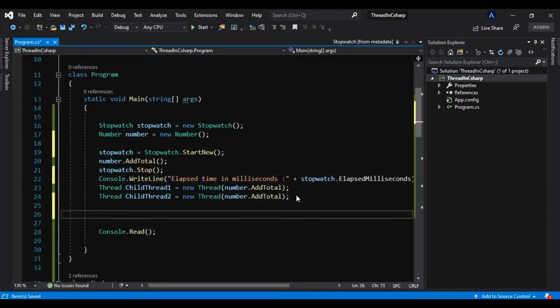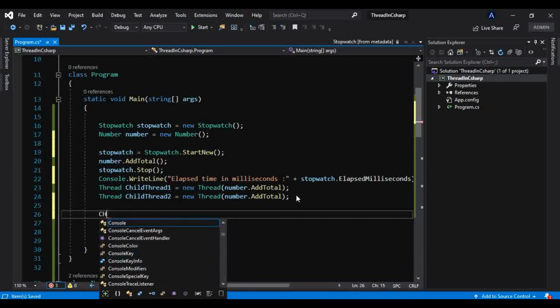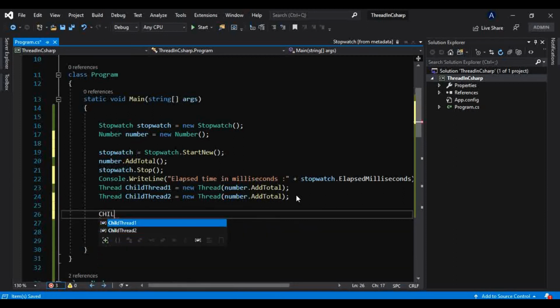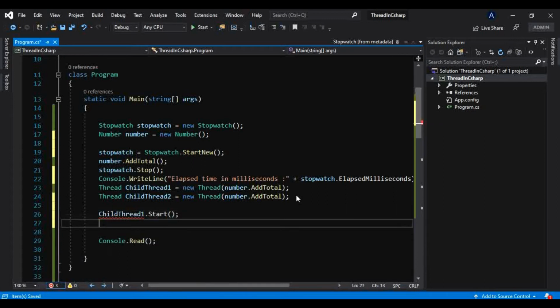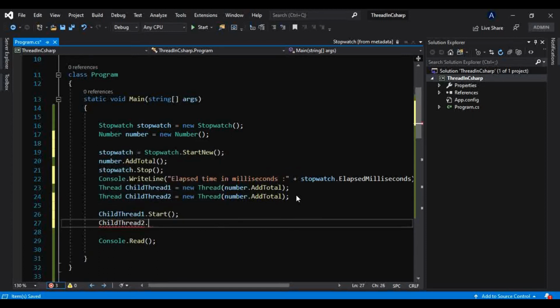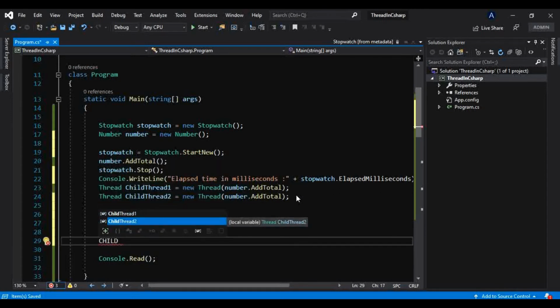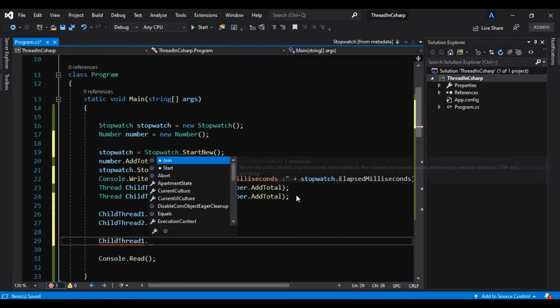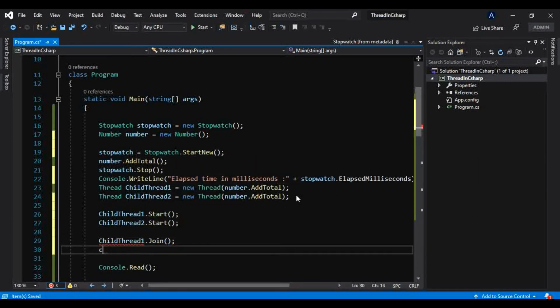After that we will make child thread 1 start and child thread 2 start, and also we will make child thread 1 and child thread 2 complete their work before handing control back to the main thread.